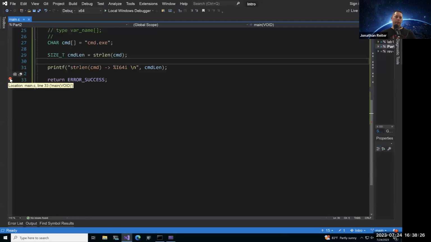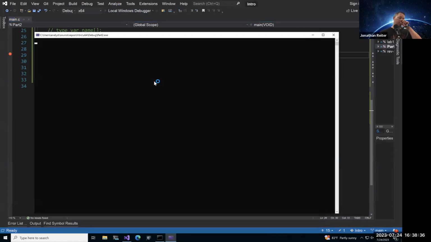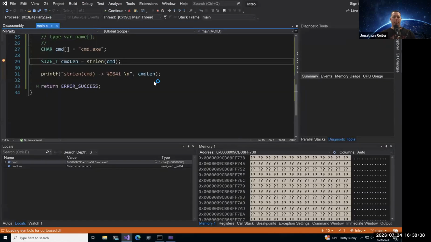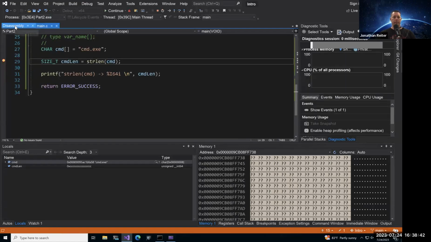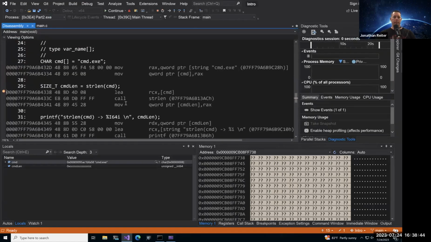So let me go ahead and change this breakpoint, see if I can show you something at the disassembly level. Not trying to turn this into an assembly class, but let's see if we can look at something just real quick. It says call to strlen at that address. Go ahead and paste that address right there.